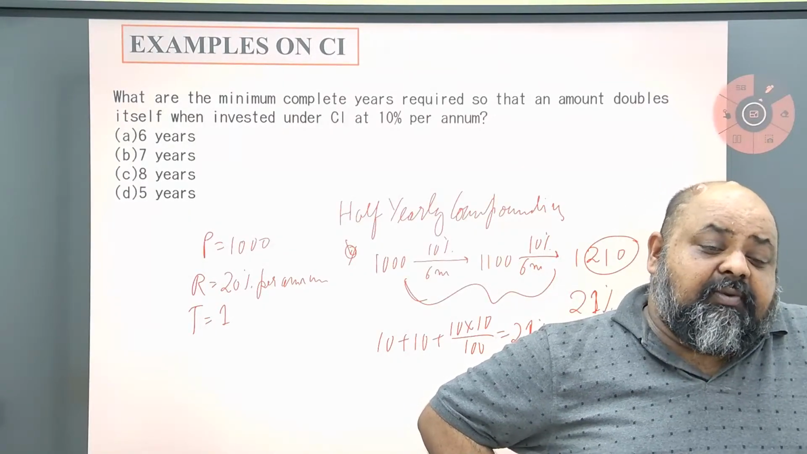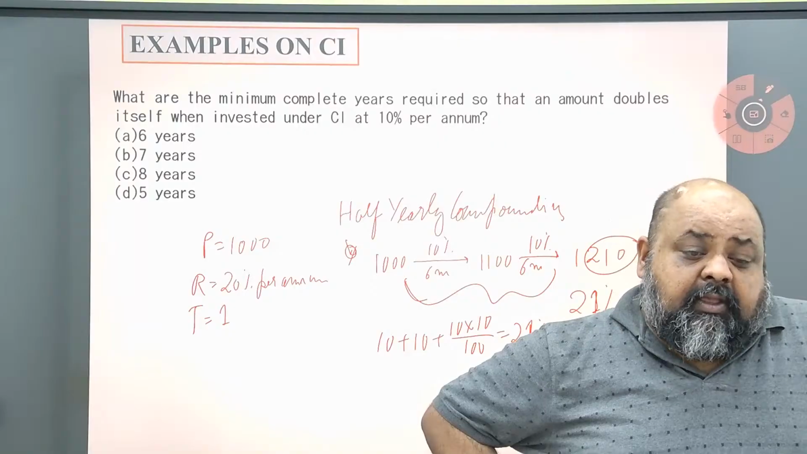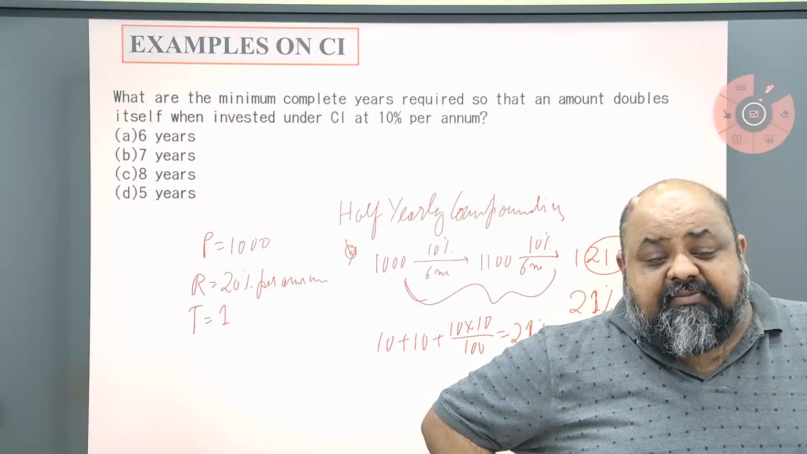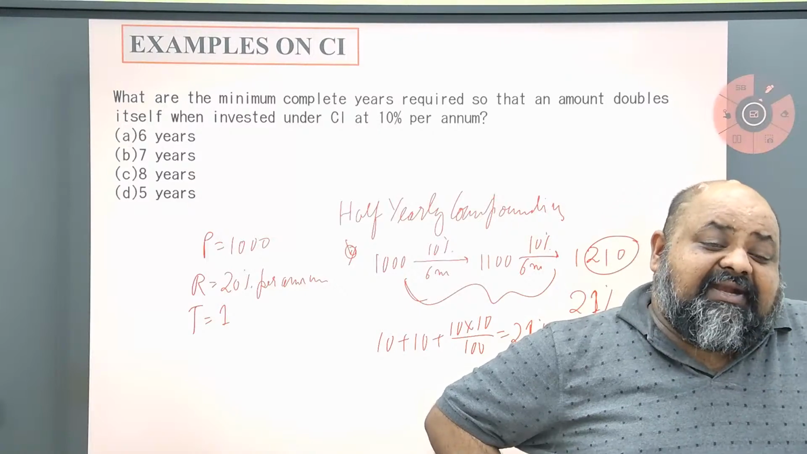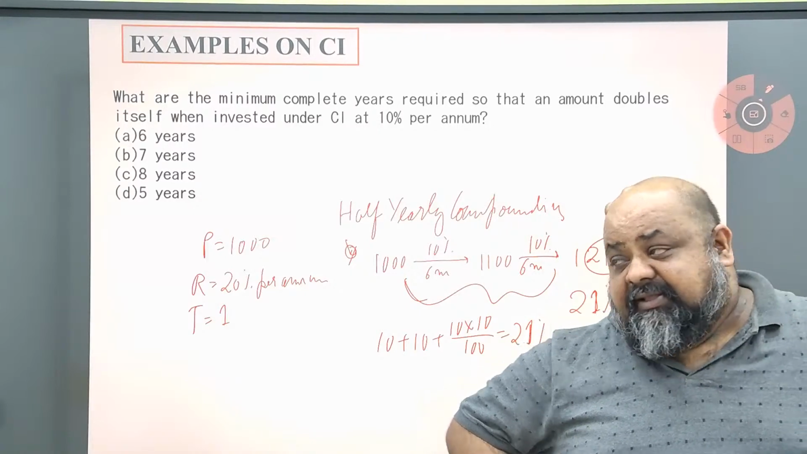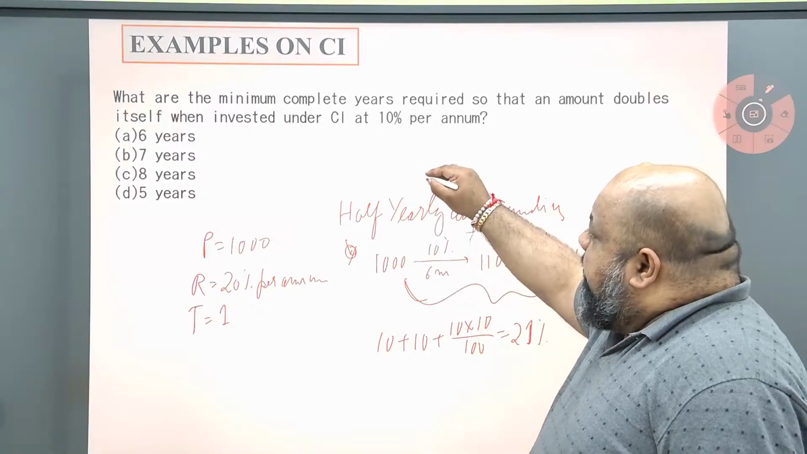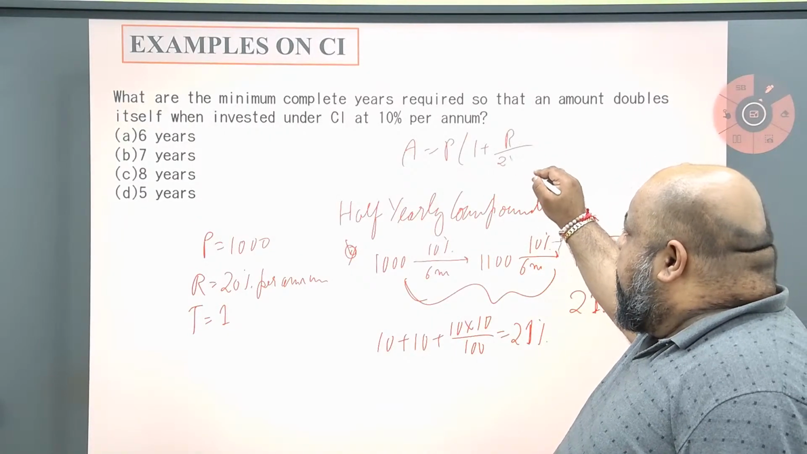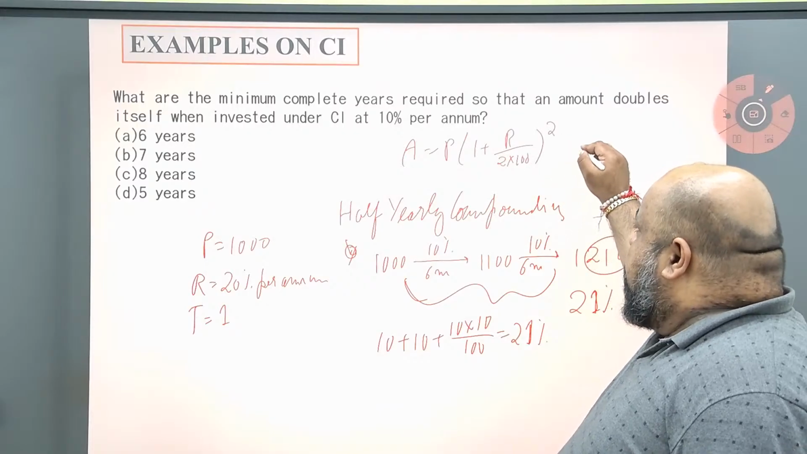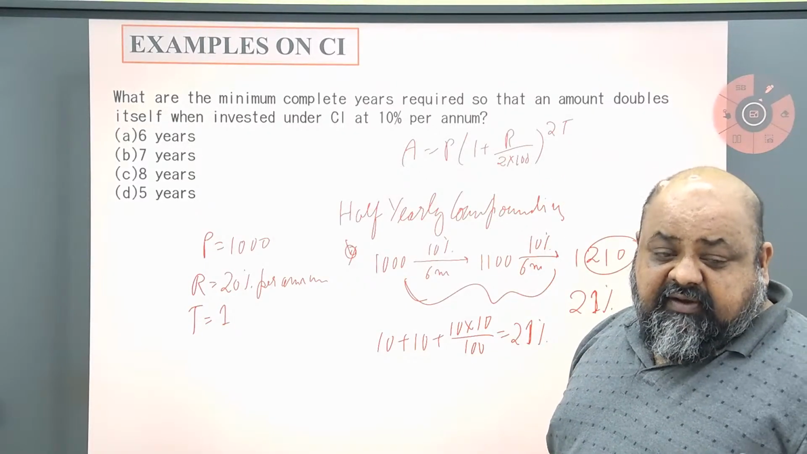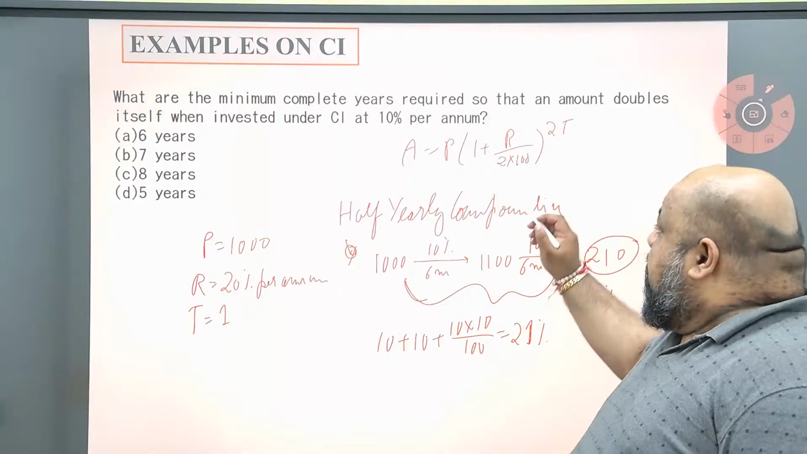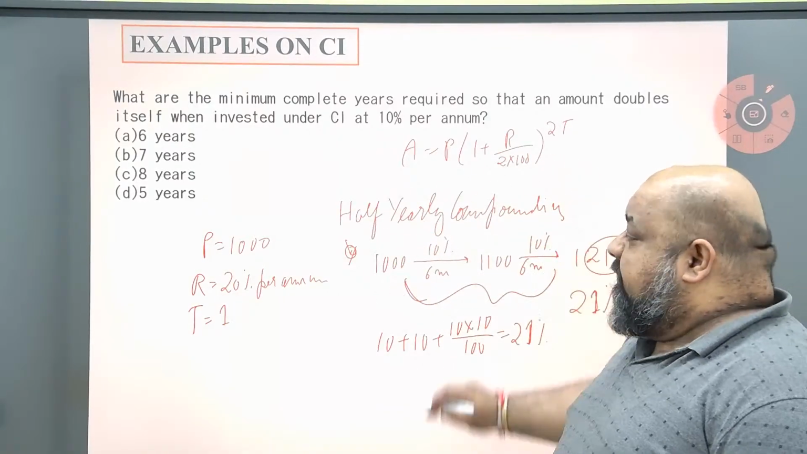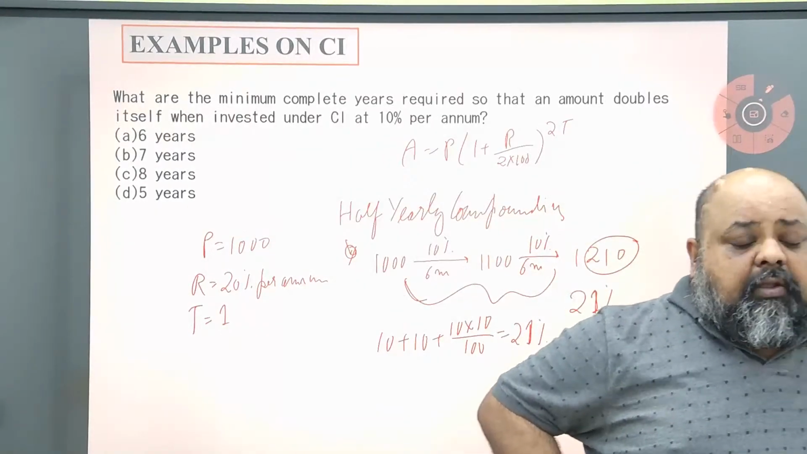Or if I'm writing the formula, what are the changes that happen in the formula? Every single time, R gets divided by the number of times interest is paid in a year. T gets multiplied by the number of times interest is paid in a year. So in this case, I'll write amount is equal to principal into 1 plus R by 2 upon 100 raised to 2t. Because half yearly compounding. If it was quarterly compounding, we would write 4 and 4. Monthly compounding, we would write 12 and 12. Right? So basically,